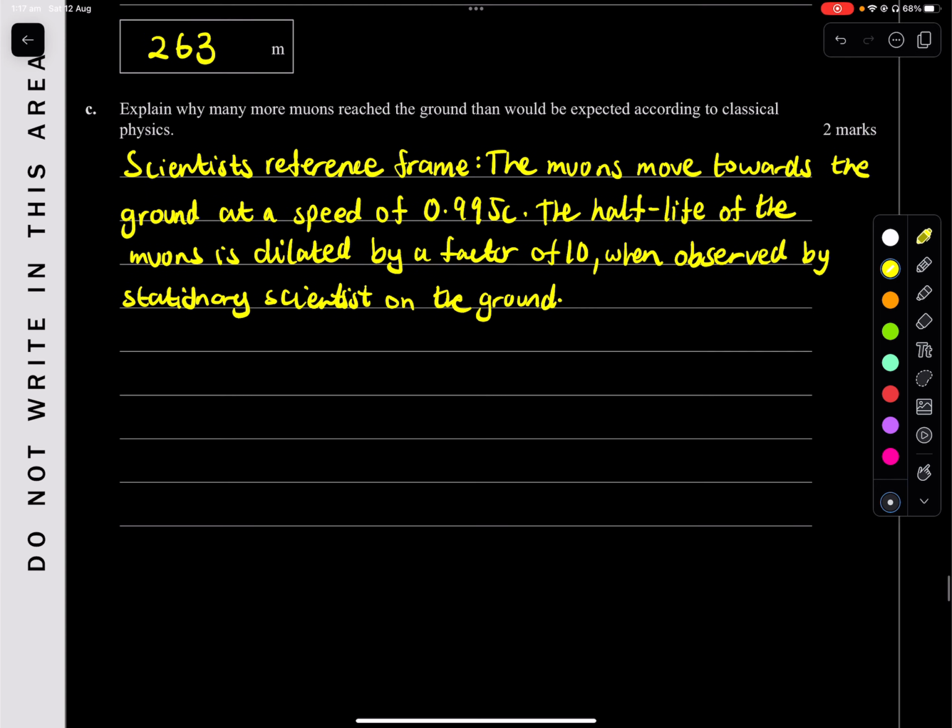Okay, so we can say that's why many muons reach the ground. No, actually. No, let's not write that. Let's move on to the next one, which is